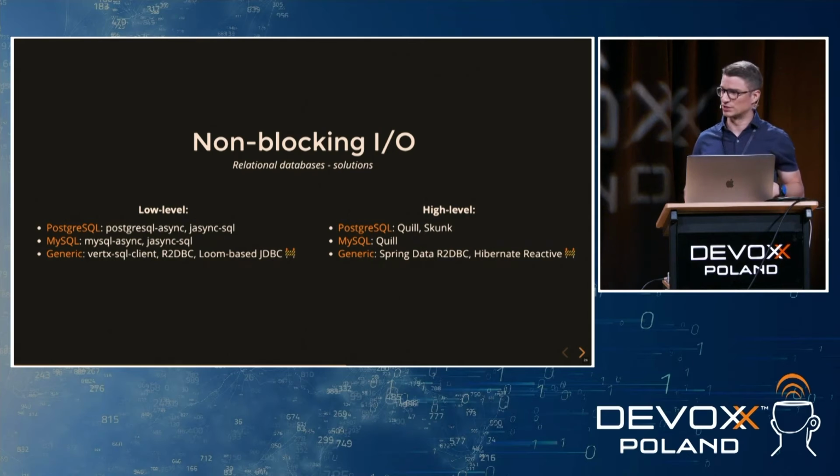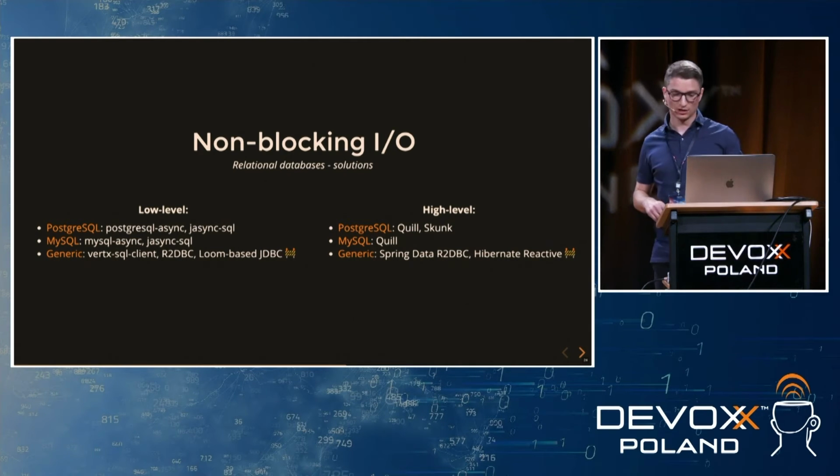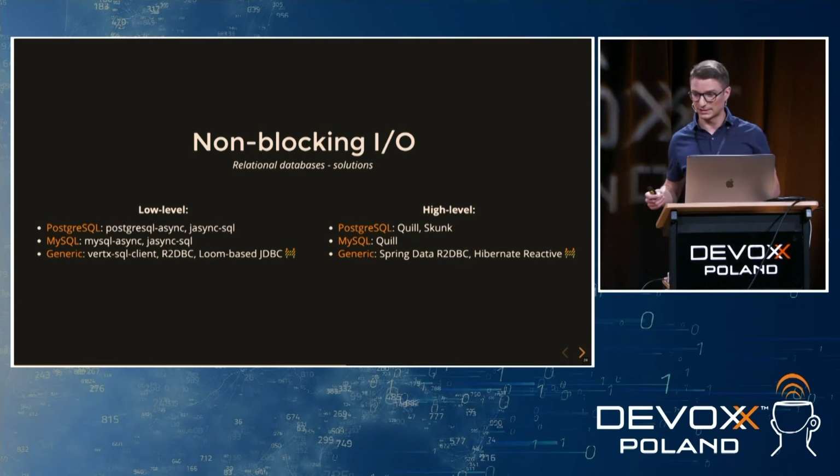We have two types of solutions here, basically. We have low-level ones, which will be non-blocking, and they will have the look and feel of JDBC itself. And we have some kind of high-level solutions wherein we will have non-blocking communication with relational databases, but we will also get some kind of DSL, for example, to interact with our database. When it comes to examples of a generic low-level solution, generic meaning it will work with many different vendors of databases,